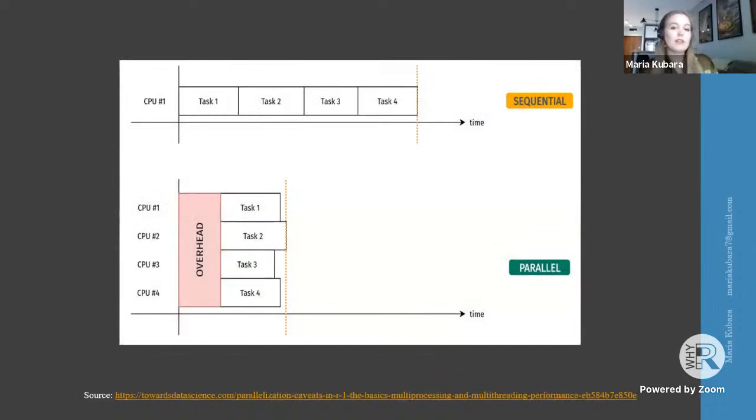So this means that you are changing your workflow from this top image, right, the sequential execution of each task on one CPU, to the parallel one. So then you, of course, need to have some overhead, that your computer will use the space to divide tasks and prepare the environment. But then all the tasks will be done independently, and you will, of course, have some less time to do the same thing.